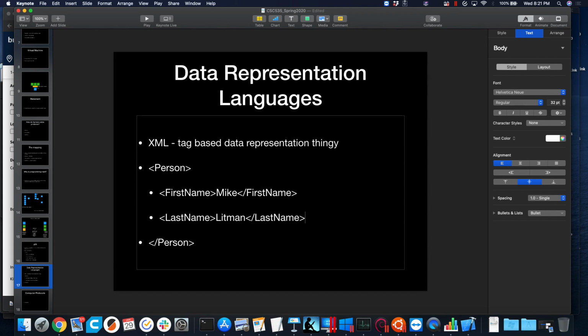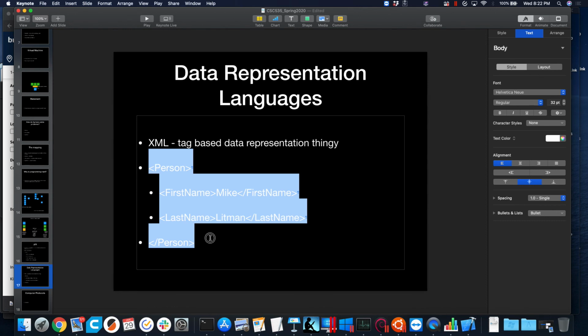But anyways, XHTML is an implementation of HTML using XML, even though XML's existence was inspired by HTML, that tag-based approach. Now, what would we say is the problem with this tag-based approach? If you were looking at this, what weakness might you point out? What might be an obvious weakness of XML, what I have on the screen? Just look at this example right here. If you were nitpicking, what might you say is the problem with that?